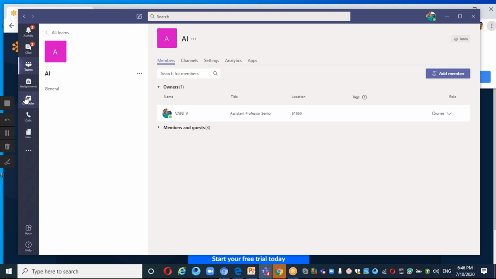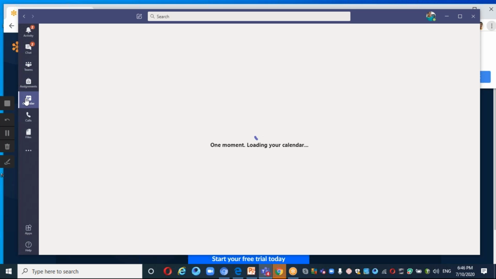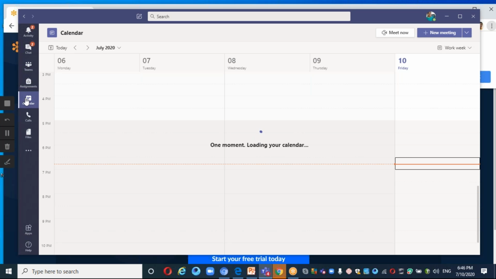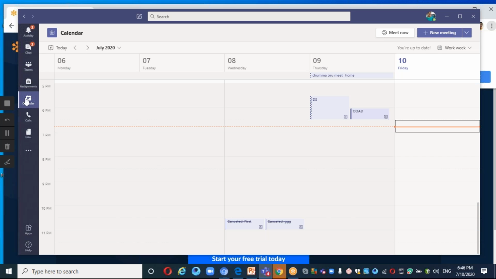Second thing, if I want to have a meeting connected with these 3 people, what should I do? Go to calendar. So I have created a class. I am the teacher, the subject is AI, and I have 3 students or 3 members. I'm going to schedule the meeting. After clicking the calendar, you'll find a display like this. On 10th Friday, that is today,